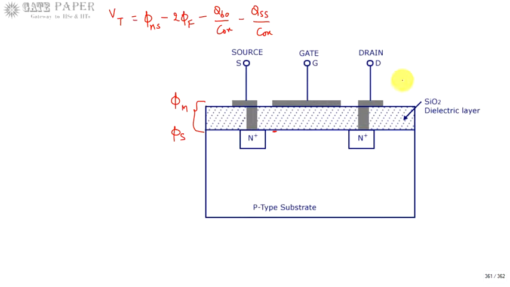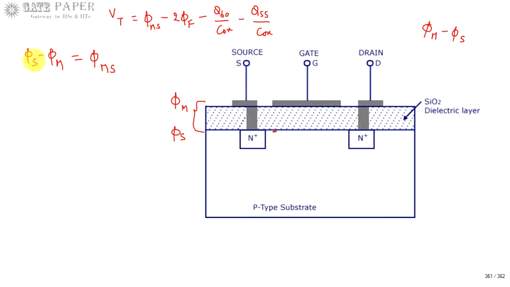There is a voltage difference pi m minus pi s, the difference in voltage at the first one. So this has to be overcome. So you must apply a voltage equal to pi s minus pi m, which I am calling pi ms. Pi ms is the difference in Fermi potentials between the surface of silicon and m, meaning polysilicon, that is the gate material. So pi ms is the difference in Fermi potential between the surface of the substrate and the gate material. So you must apply this voltage to overcome it.